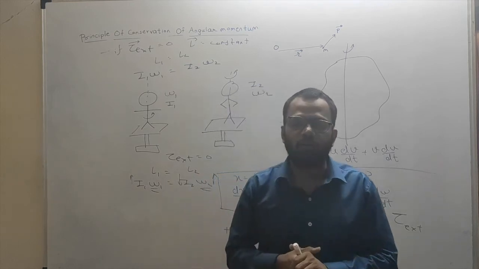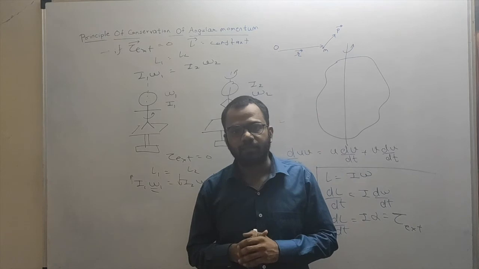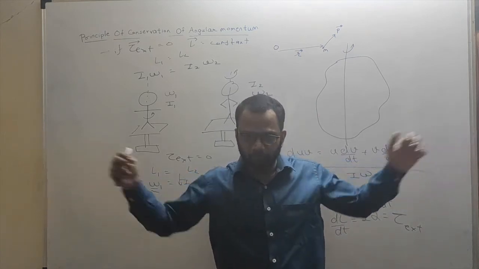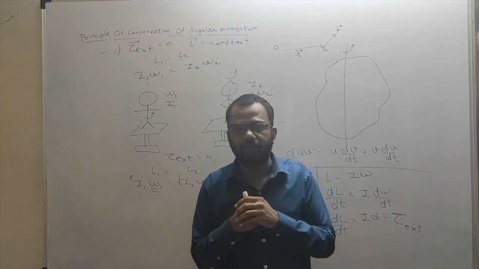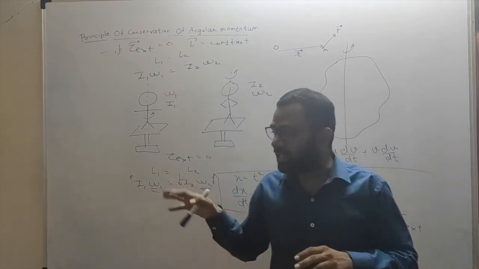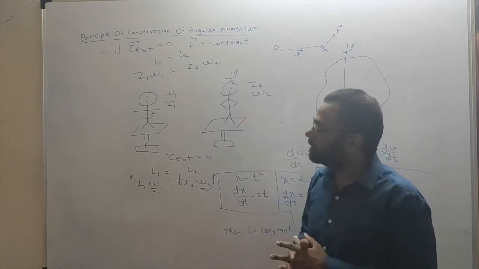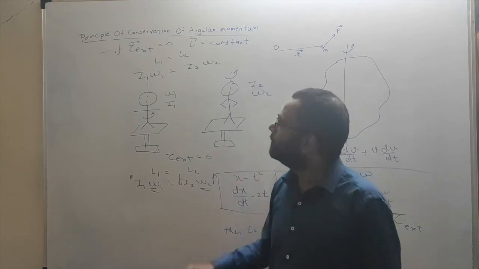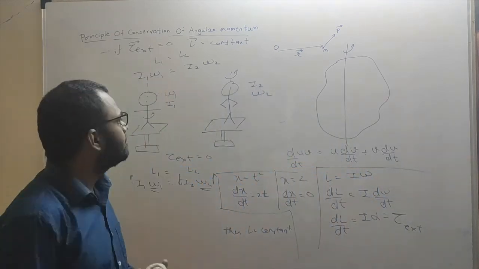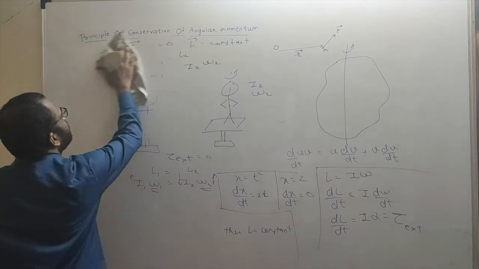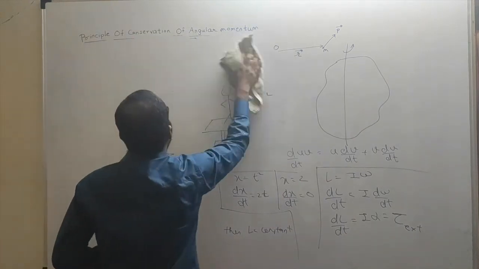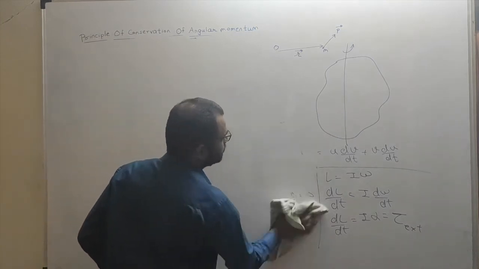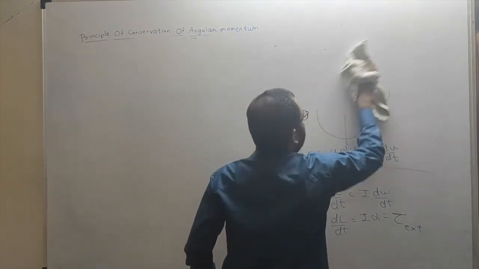Or you must have also seen the ballet dancers. To increase their rotation speed, they bring their arms close to their body, right? Getting this? So these are the examples of the conservation of angular momentum. Fine? Okay. Now just put the heading principle of conservation of angular momentum. And then write down